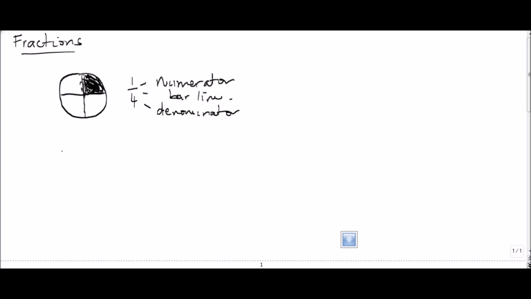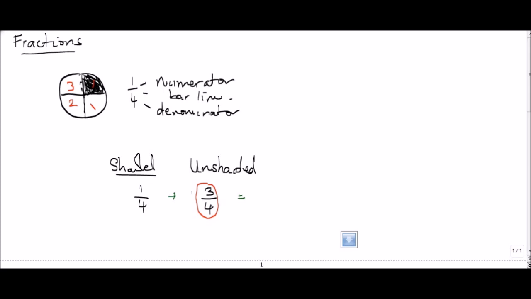Okay, so in this case we have one part being shown. So it's one part out of 4, and that would be representing the shaded portion. While the unshaded would be 3 parts out of 4. So we would have had one part there, 2 parts, 3 parts out of 4 being unshaded and 1 part being shaded. If we were to add these together,